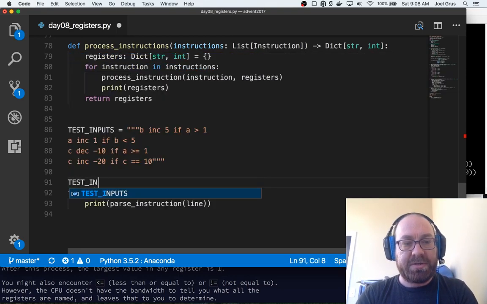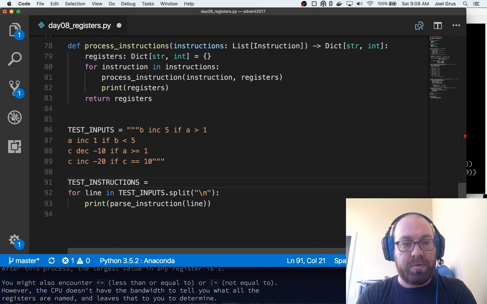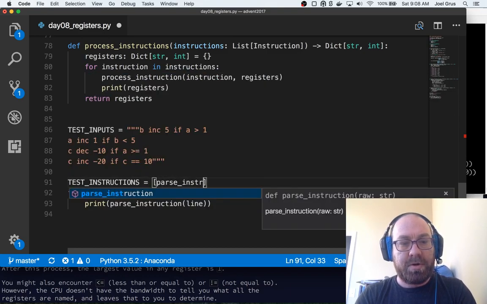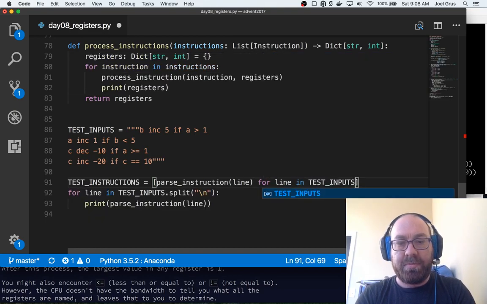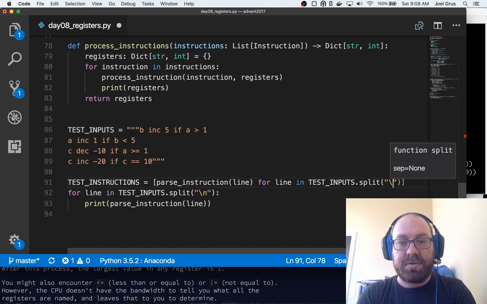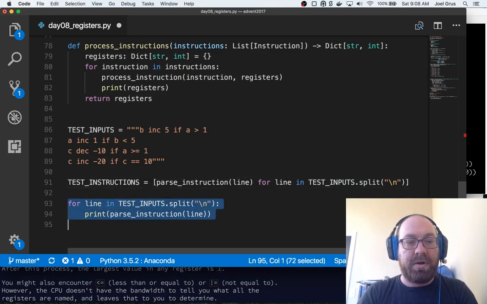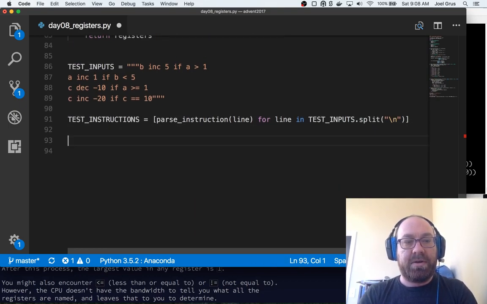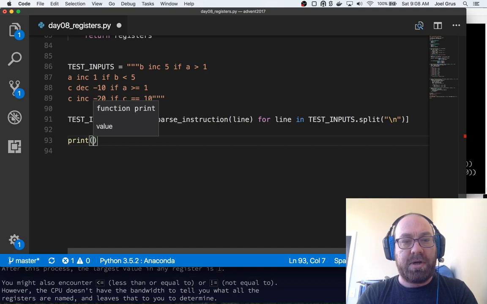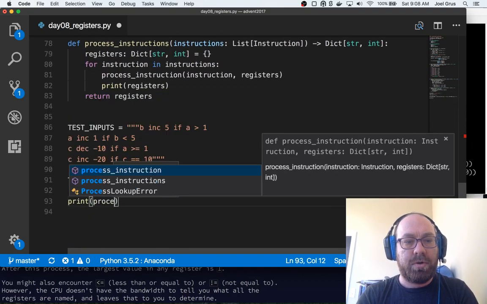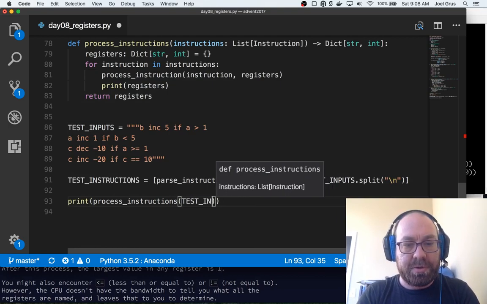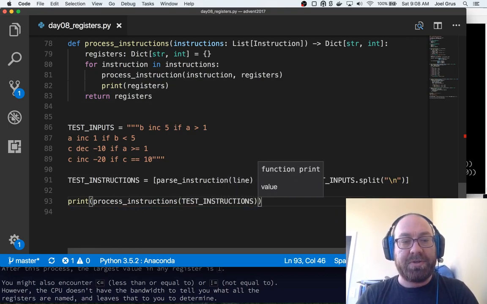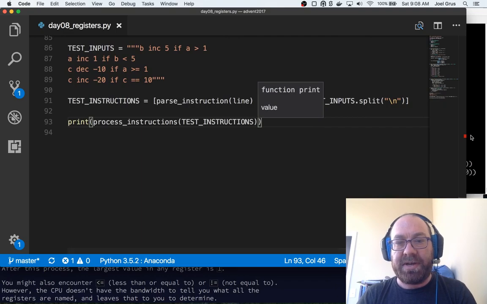And so finally, let's say test_instructions equals parse_instruction(line) for line in test_inputs.split on newline, and then let's just print process_instructions(test_instructions). Okay, so that's a lot, and I didn't write any tests, which is bad, but